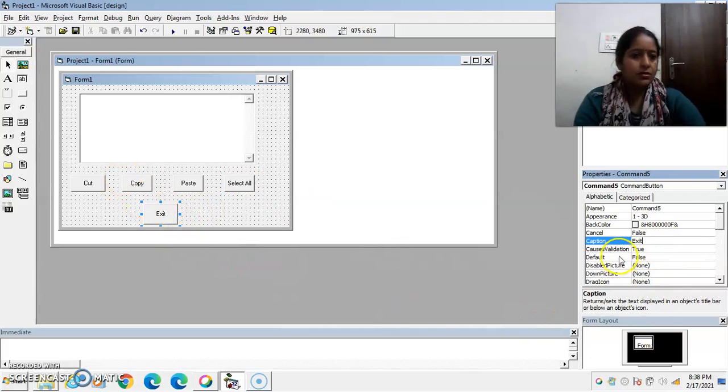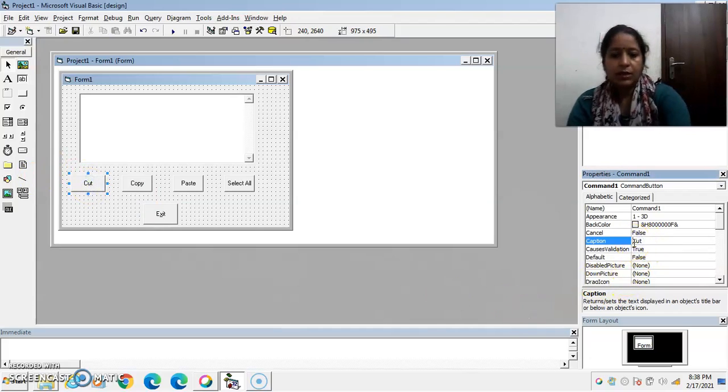We can make it a hotkey by typing ampersand here. We can also make cut a hotkey by typing ampersand here.